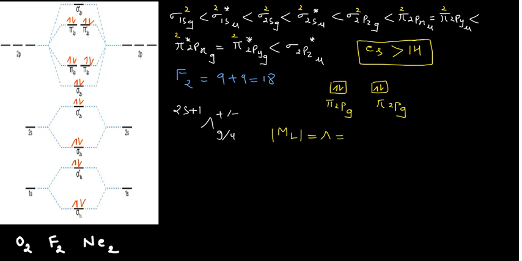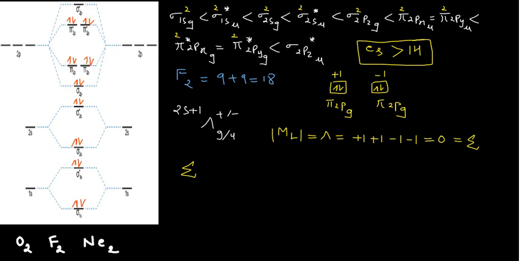You know, for this pi the value is plus 1, for this pi the value is minus 1. So for the first electron it is plus 1, for the second electron it is also plus 1, for the third electron it is minus 1, and the fourth electron is minus 1. That will give you 0, and when lambda equals 0 you use the sign sigma. For this fluorine you will use sigma.